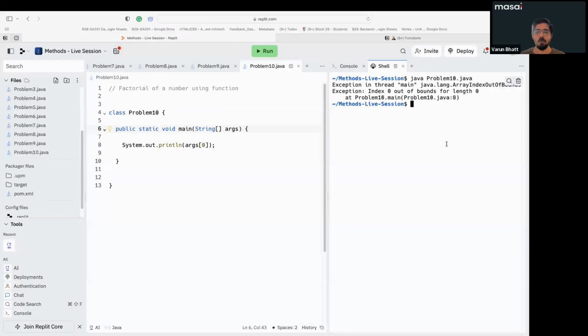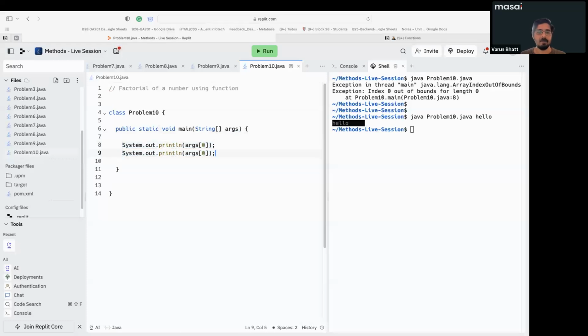So if you want to basically print something, what we need to do is, like you can see here I'm writing Java problem 10.java. Now if you put a space and suppose you write hello, okay, so automatically what will happen if I execute it? Hello will get printed. Why? Because this argument is automatically going inside this args. Now suppose I write args of 1, okay. Now in that case, what will happen? If I just send hello to it,